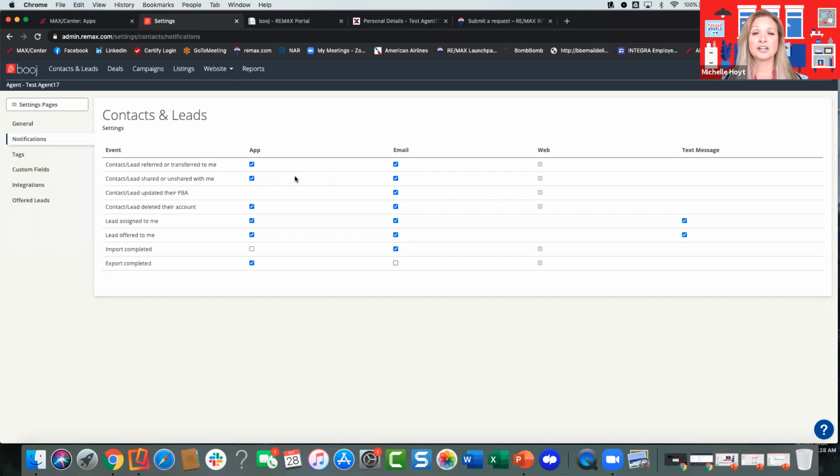So they'll either share it with you or they will just automatically transfer it, meaning it goes out of their CRM and right into yours. And there's a couple different ways to get that. PBA means preferred buyer's agent. Consumers have a choice. They can choose to work with you on both remax.com desktop, and they can choose to work with you by using your Booj CRM,